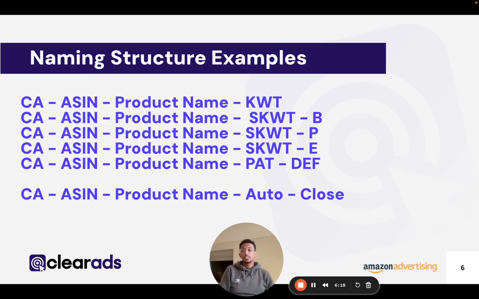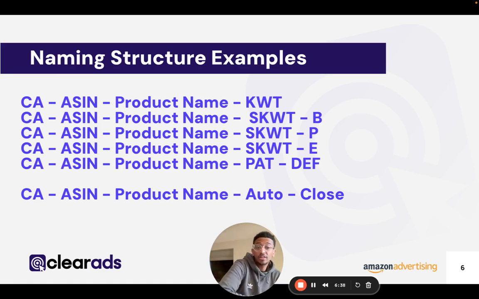So if you then decide to work with another agency, you want to be able to see straight away how that agency's campaigns compare to what we have going. Are there duplicates? Is there mismatch? You have to look at all of this stuff. So that's the first thing